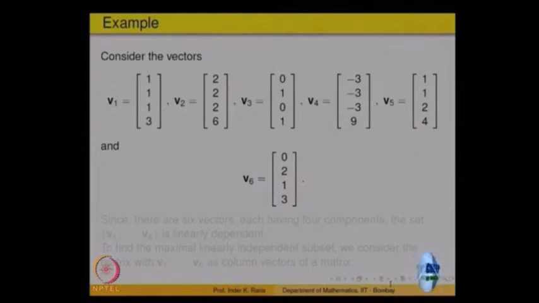I want to find out of all this which ones are linearly independent. Out of the 6, it is a dependent set. So, probably one of them I can throw out, maybe 2 of them or 3 of them, I do not know how many. I want to find out which vectors put together will give me a linearly independent set, and that should generate the same vector space as all of them. All these 6 generate a vector space, the linear span. I want a basis for that vector space.